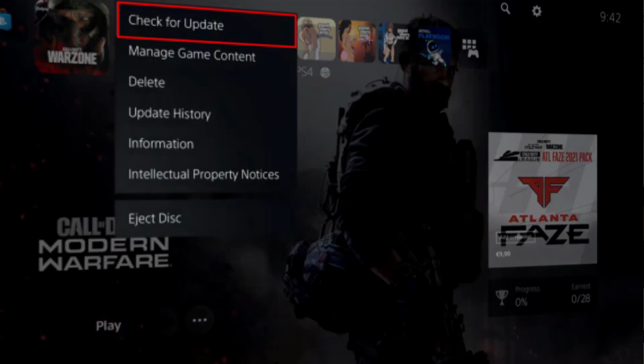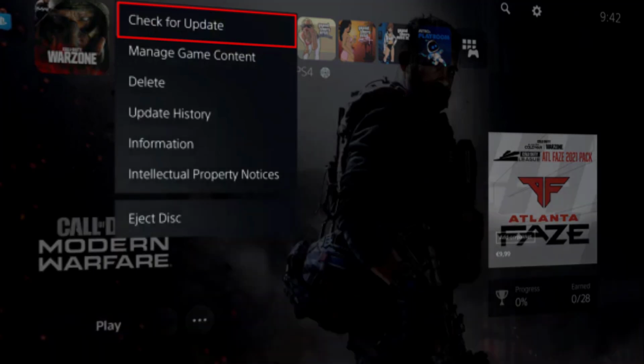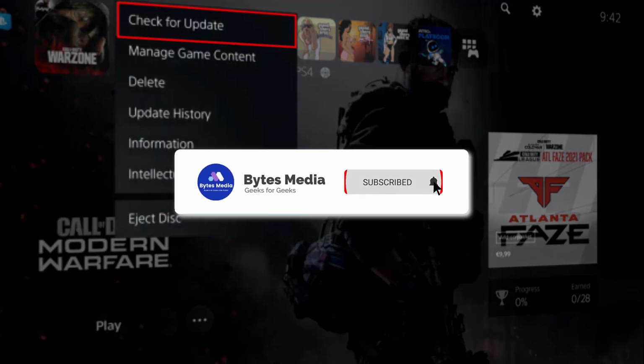To do so, you will need to head to your respective gaming platform's store and search for NBA 2K22. Once you find the game, you will need to check if there are any pending updates. If there are any of such updates, download them and then restart the game. Hopefully, the error will no longer persist and you can enjoy rec error-free.